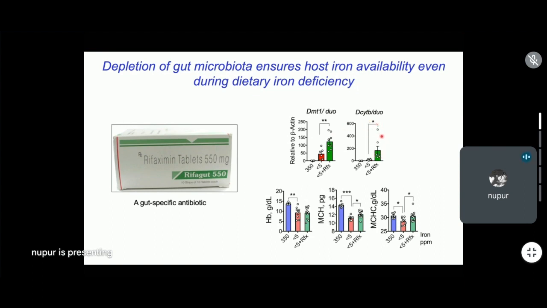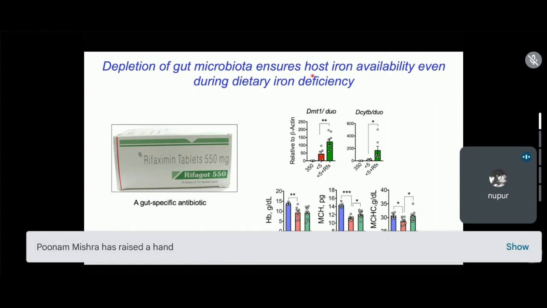Which means you increase the transporter and can cure or revert some of the components. I'll explain briefly why you don't see a major change in hemoglobin: we only did this experiment for about 10 days, and in 10 days we see that the RBC hemoglobin and RBC hemoglobin concentration, which are a good indicator of recovery, are connected. So overall, we can say that depletion of gut microbiota